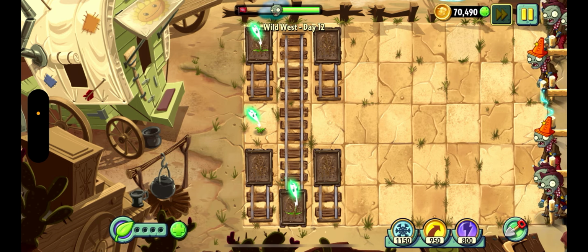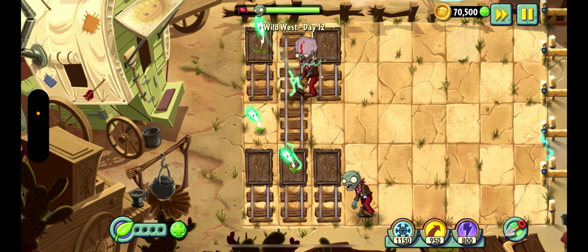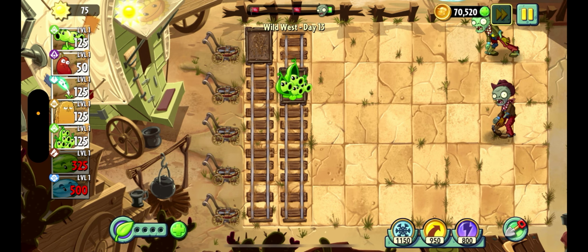It simply wasn't possible to keep the plant food from earlier into the buckethead wave, so I forfeited once again. Day 13 featured the same usual strategy of stacking pea pods on minecarts, and although it was effective, I had to keep a lookout for prospectors by moving the pea pods out of the way,